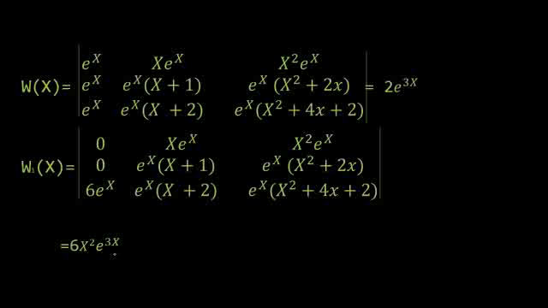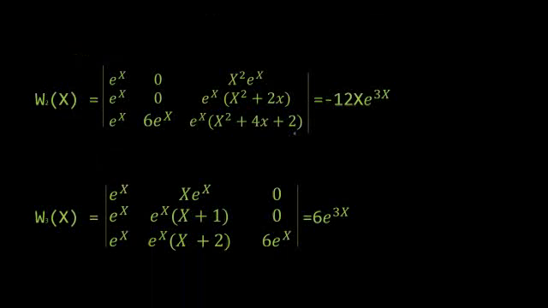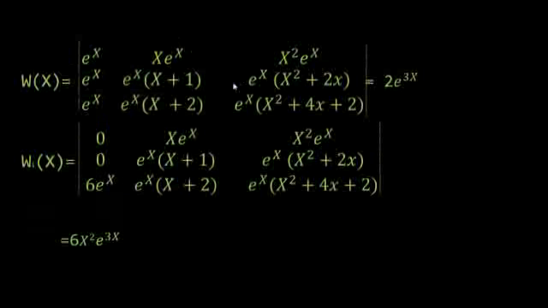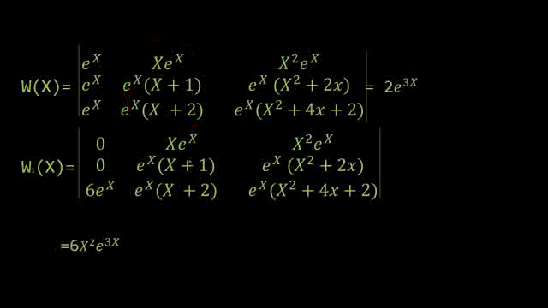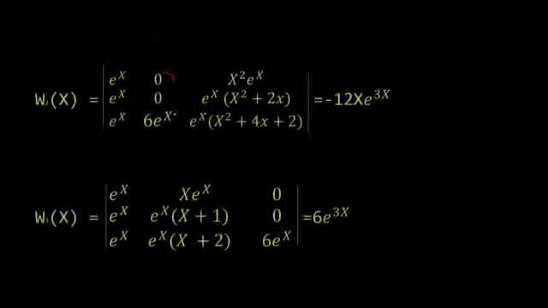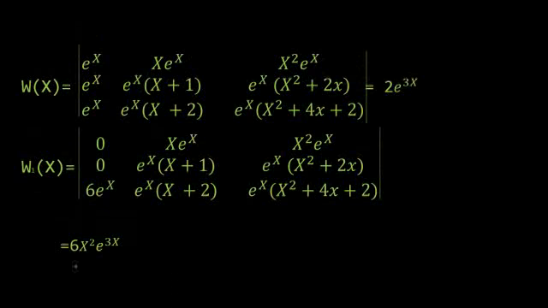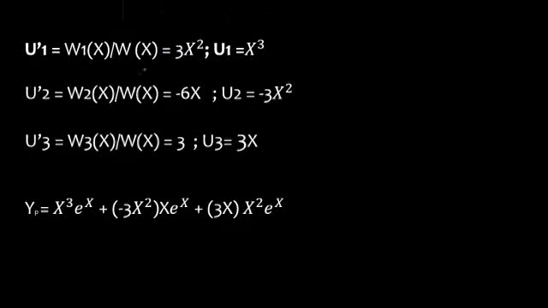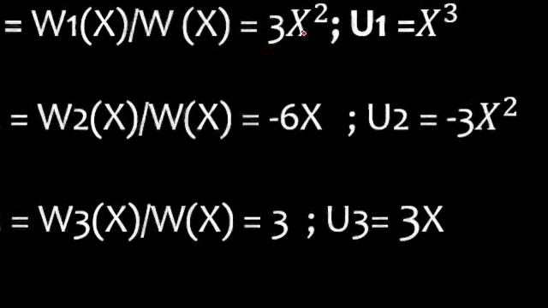In our Wronskian, this is our y1, y1', y1''. This will be our y2, y2', and the second derivative of y2. This will be our y3, its first derivative, and this second derivative. After that, we replace this first column with 0, 0, and this one is the function of x. After we simplify this, we found that this is the value. For Wronskian 2, we have this as our value. First, we need to replace this column from the Wronskian with 0, 0, 6e^x, and so on with Wronskian 3 in the third. Simplifying these matrices, these are our values.